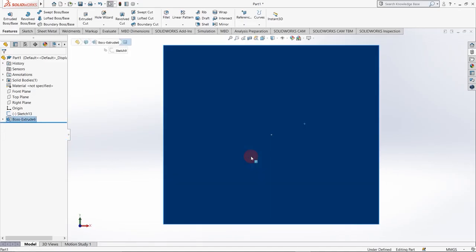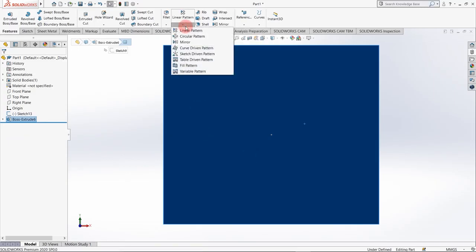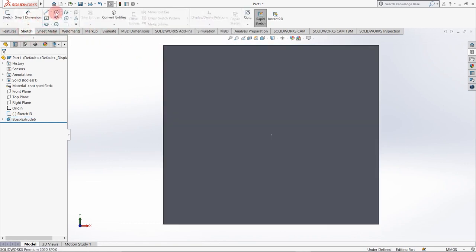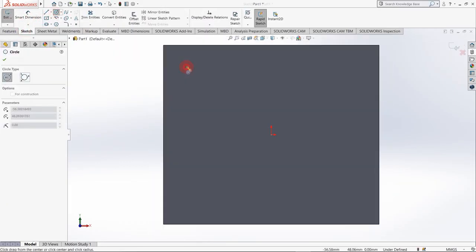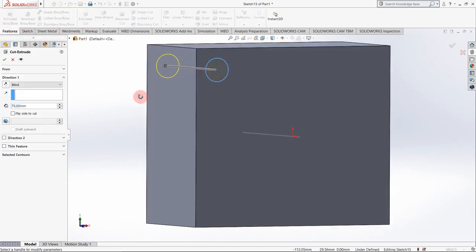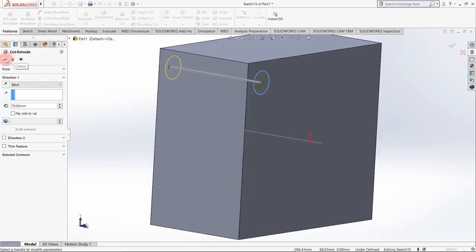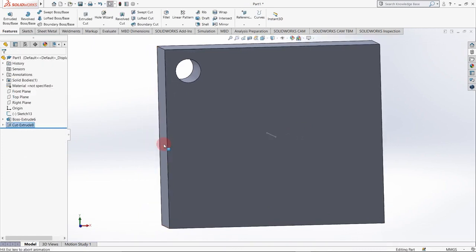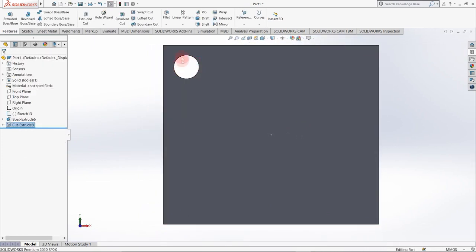So the next command I want to explain in pattern is mirror. For mirroring I am going to just create one hole on the surface, extruded cut, blind, okay. I want the same hole on this side. So I'm just